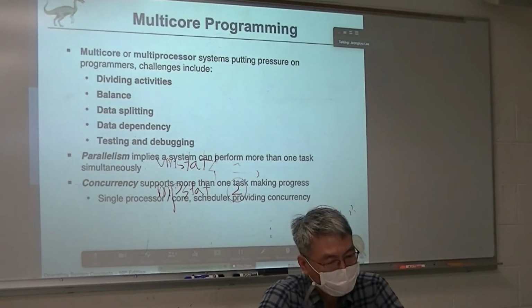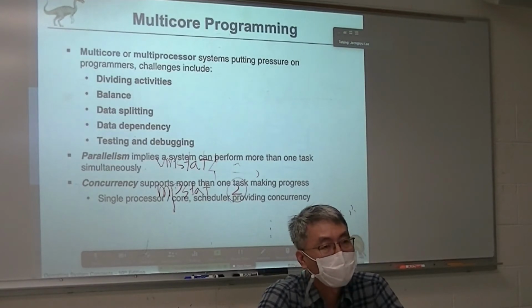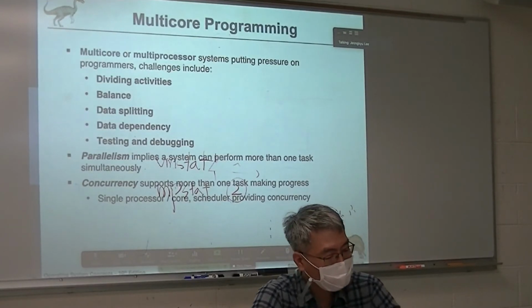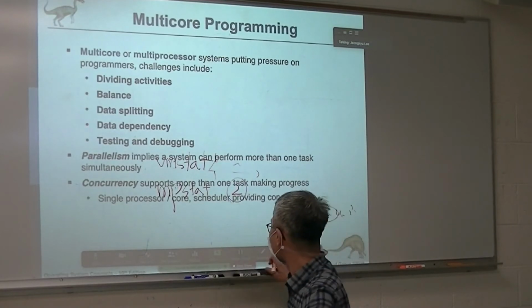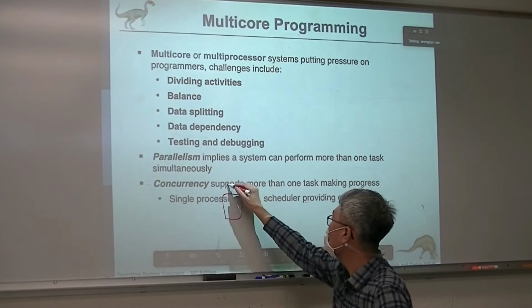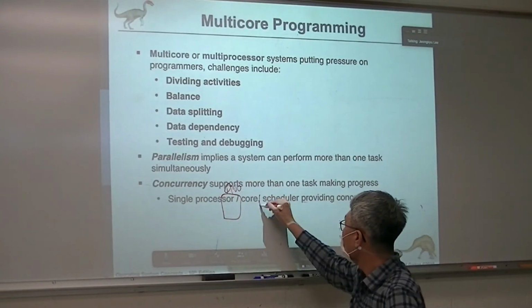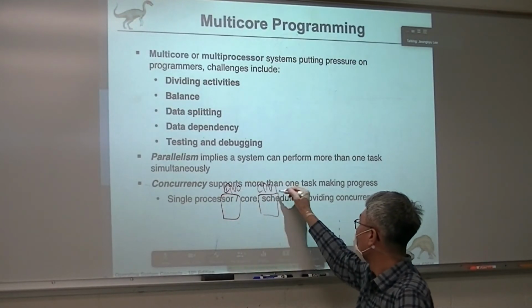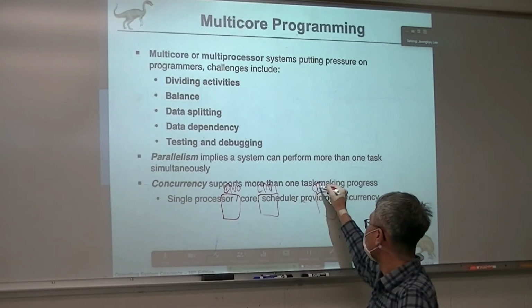To do that, a long time ago, when we had only single-core but multiple processors, CPU 0, CPU 1, and so on, CPU n,